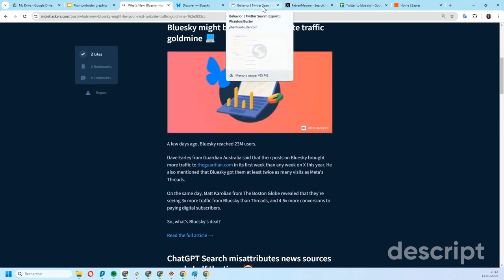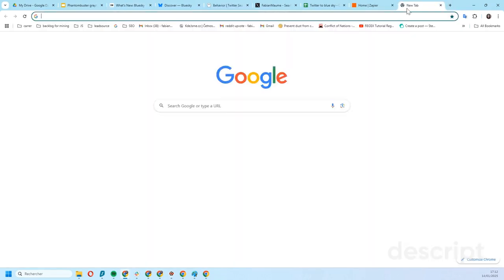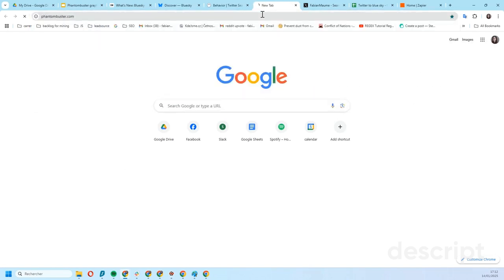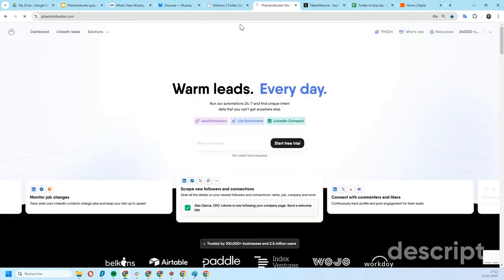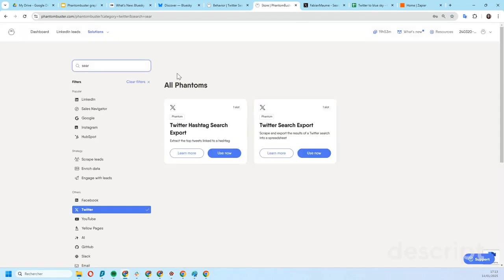In this video, I will show a workflow which is leveraging Phantombuster. I will be using Phantombuster specifically because Phantombuster relies on web scraping. And by doing so, you are not dependent on the Twitter API, and so you are not dependent on potential updates on Twitter pricing. In order to use this workflow, you first need to get back a list of tweets